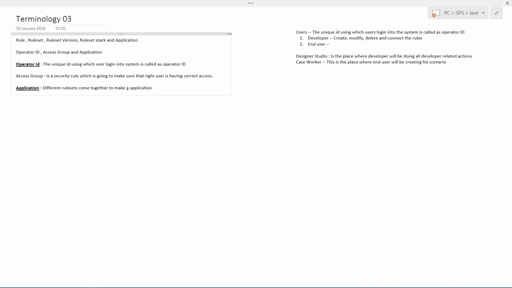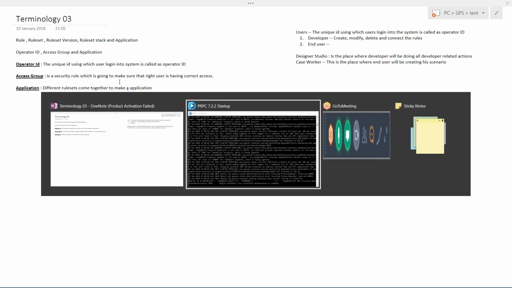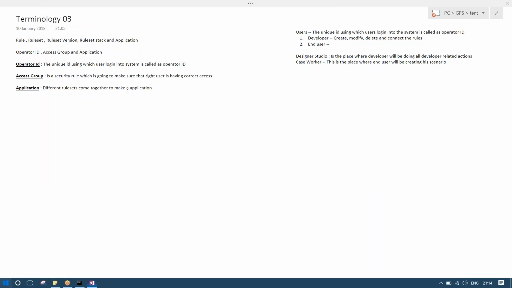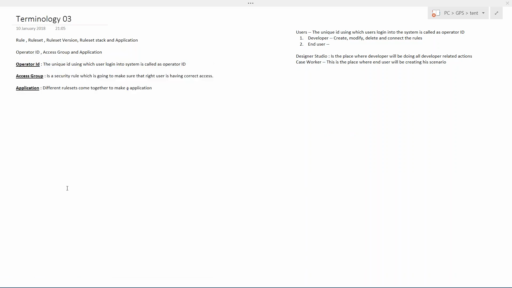Meaning when I say designer, the developer should be logging into Designer Studio. That is how it should be. So these are the three things that should be linked. Now let me see if my server started. Yes, it started. So let me start my server and show you how these three things are interconnected.